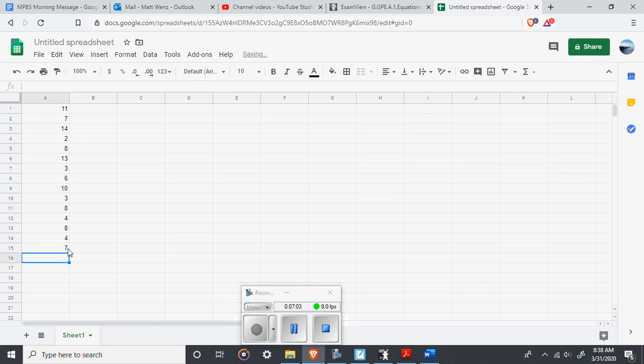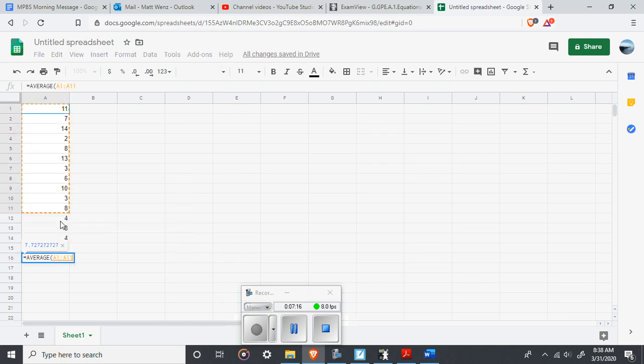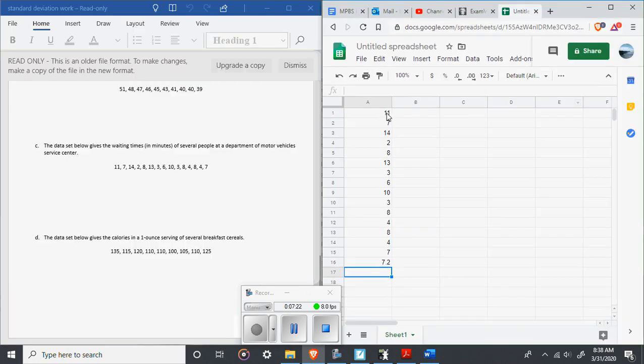Or, like we said, you can press the equal sign, and then you can start just typing in average. Oops, I want average, sorry. Average of these boxes. Okay? So again, let's do the next one. I'm going to put it in a different column. We'll do